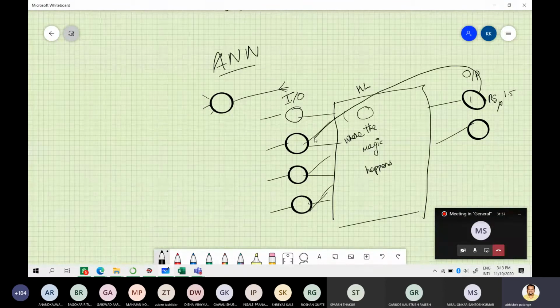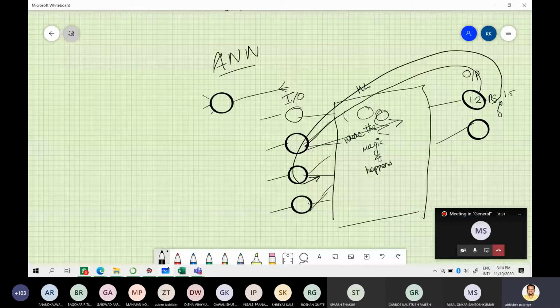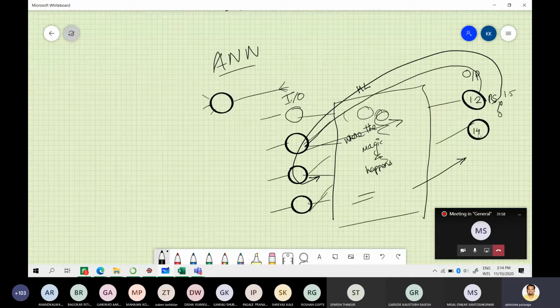So you will go back to the input layers, change something inside this, change some parameters, and then run the system again. And then it will predict 1.2. And then you say, no, it is better, but it is still wrong. So it will go back again, change some parameters inside this black box, and then predict a value. Then it will say it is 1.4. You will say, right, better, better, better. But then can we do it again? So it will keep on doing this.